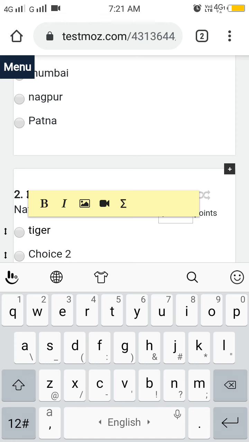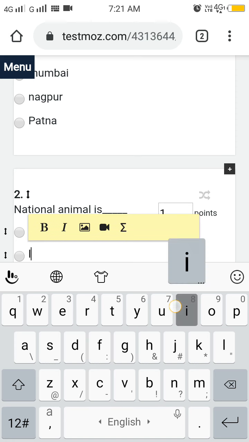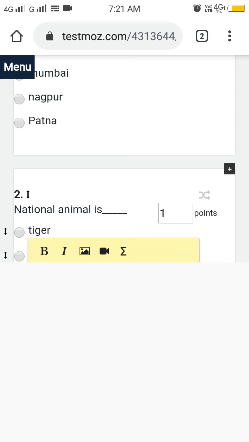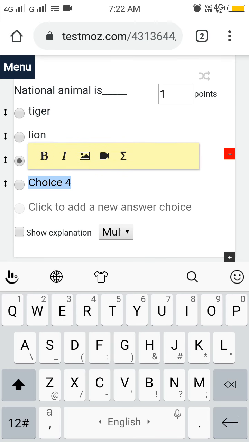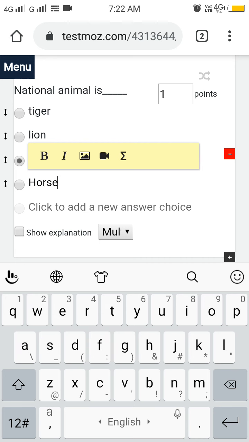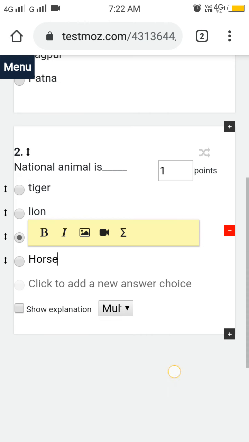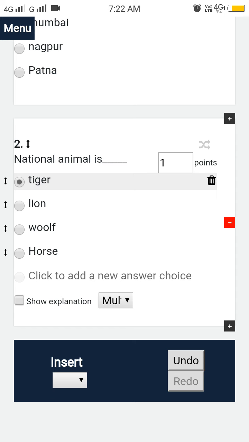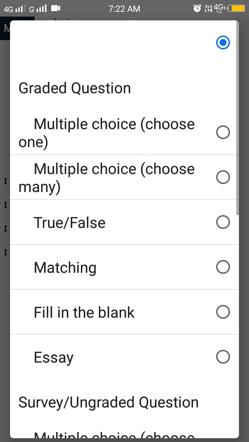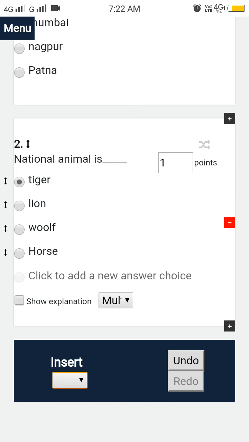Tiger, lion, wolf, or horse. Okay, now we know the answer is tiger, so click on tiger. Like this way, if you want to insert the next question, click on insert, and what kind of question you want, that you insert, either true, false, fill in the blanks, or matching. So I will stop here for 2 questions.